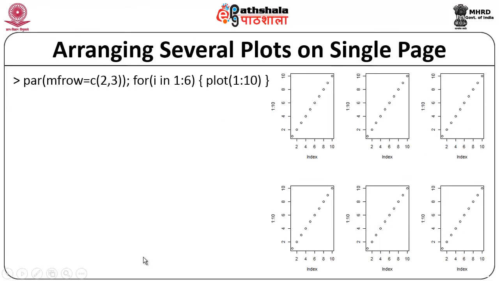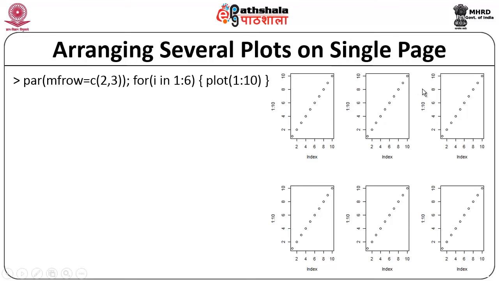Suppose I have multiple scatter plots or multiple plots and I want to visualize all these plots together, then I can make use of a function with which I can arrange multiple plots on a single page. The function name is par. This par method must be supplied with the number of rows and the number of columns for arrangement of the plots. See, here in this example there are totally 6 plots, and we are arranging the plots in a grid of size 2 by 3.